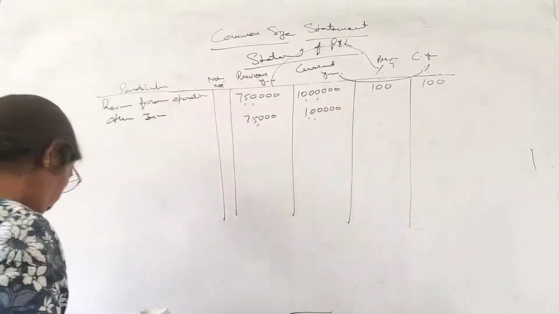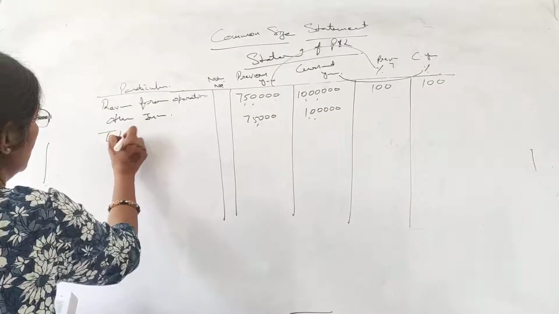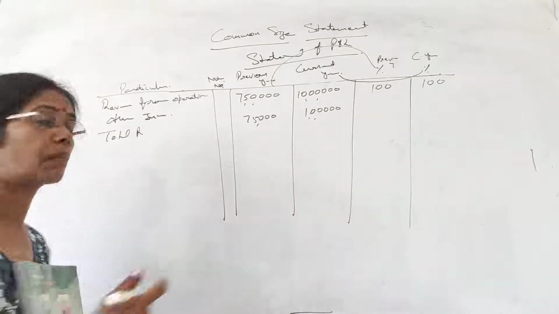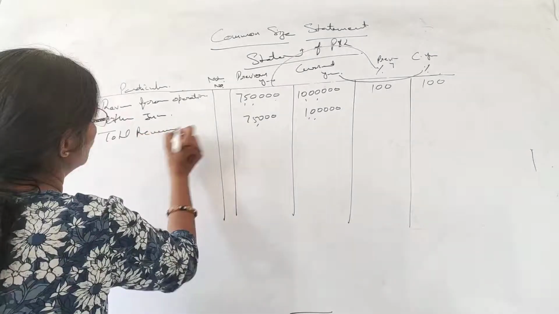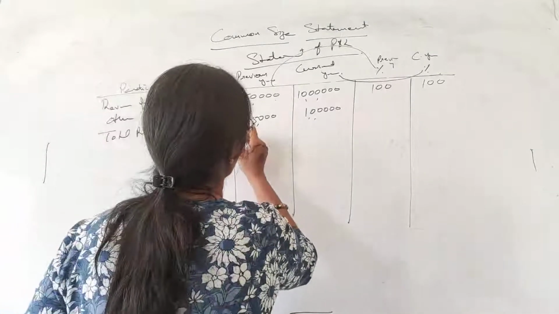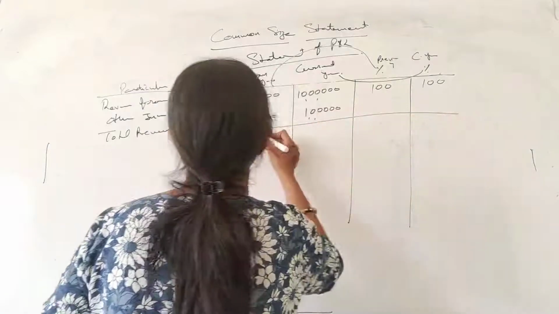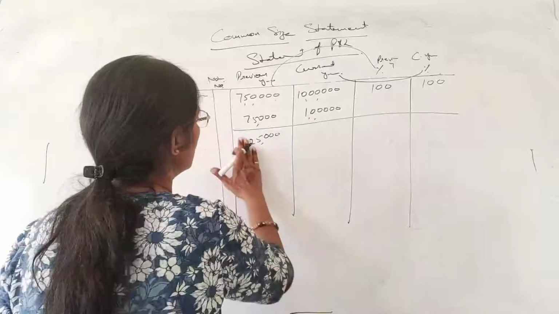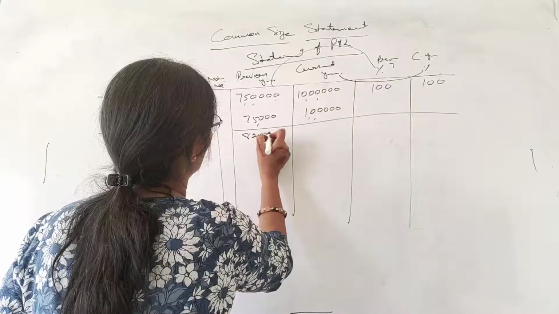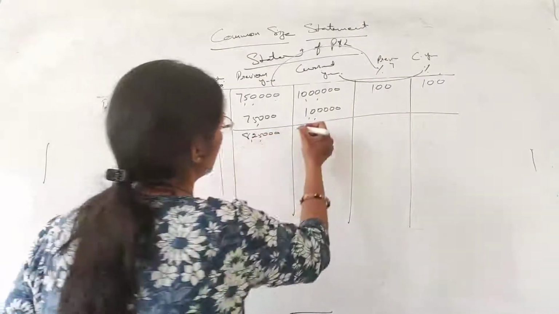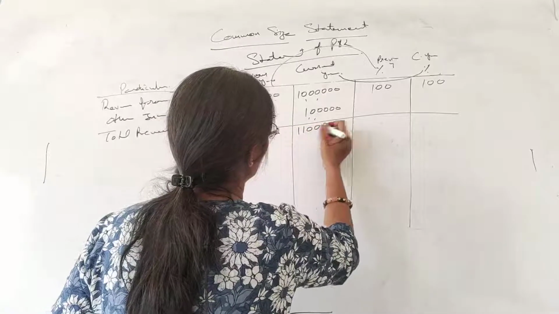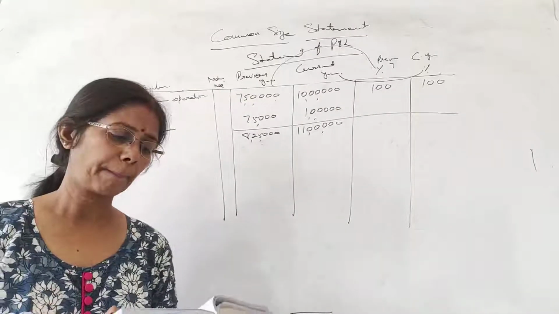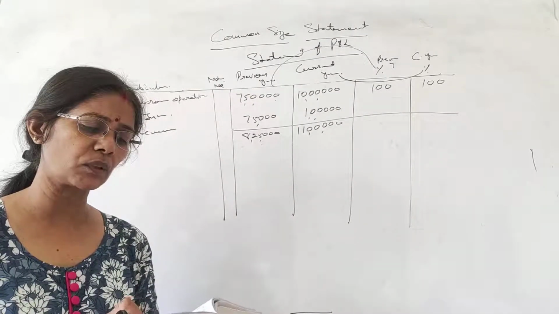Okay. Then this is what? Yes, what do we call it? Total revenue. We do the total: 8,25,000, and here it comes to 11 lakh. Fine. Then next we have expenses, and under expenses they have given purchases of stock in trade.